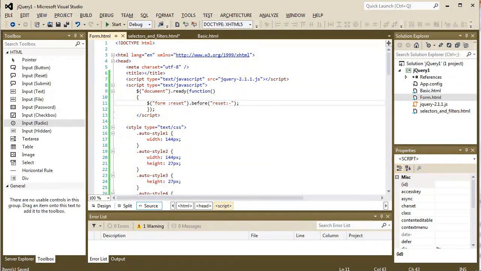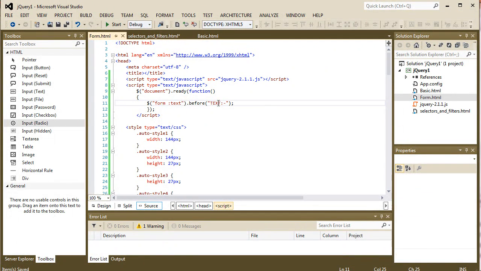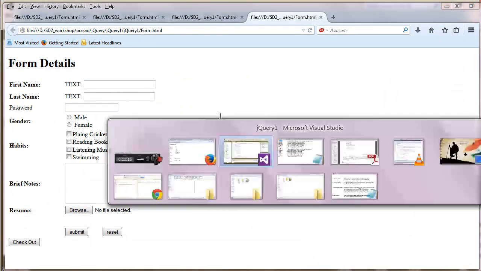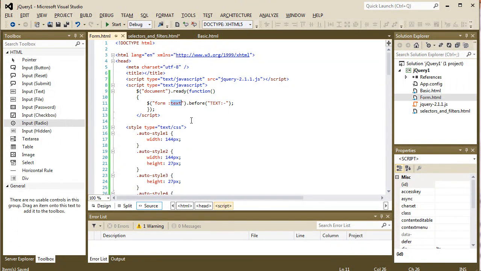And then like that, the next one is text, and the appearing string is text. Let's save it and open our browser, press F5. Here it is. The text string appears in front of the text fields. We have only two text fields, and this one is password type. Okay. And then the next one is